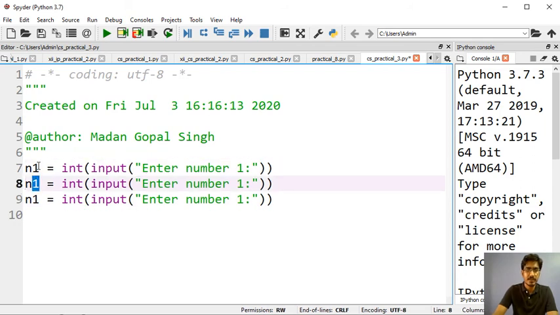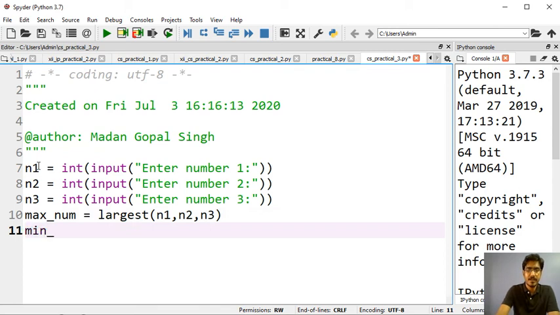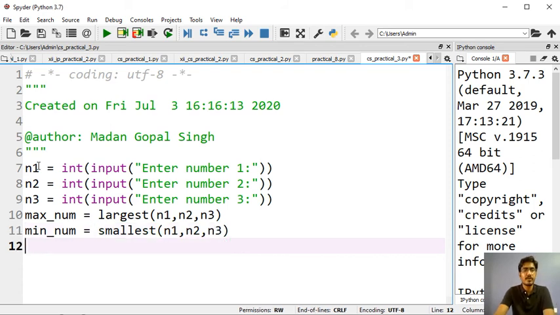I am changing the variable name, number 2, number 3. Now we will create some variable. Let's suppose maximum number, let's call it largest. I will call this function with n1 comma n2 comma n3. Then we will create min underscore number, and we will find smallest, and we will again pass n1 comma n2 comma n3. You should know how to write the functions.